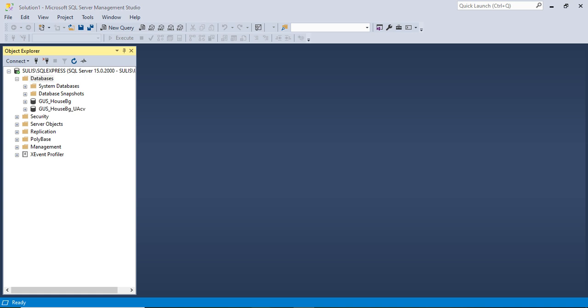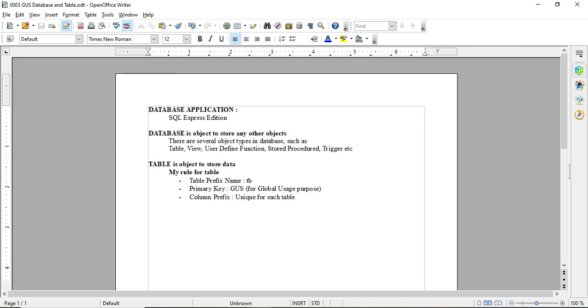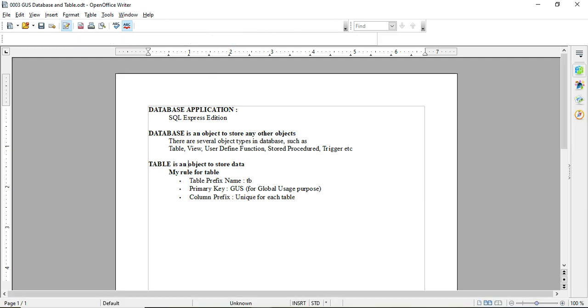Now, let's create a database. A database is an object to store any other objects. Several objects in a database are such as table, view, user-defined function, stored procedure, trigger, and so on. And the main object in a database is the table. That is an object to store data.